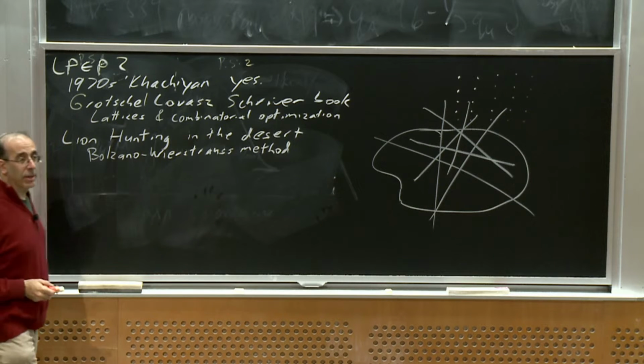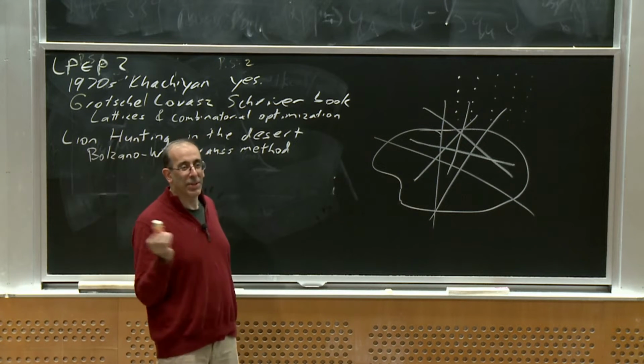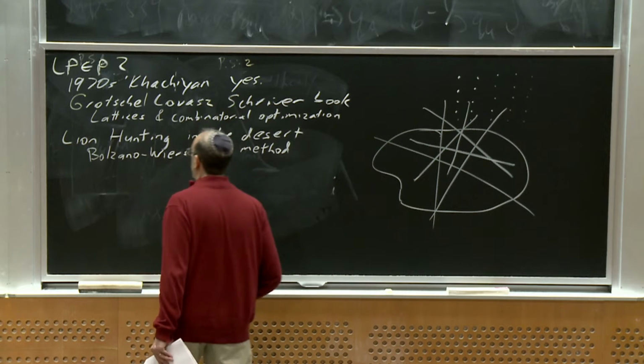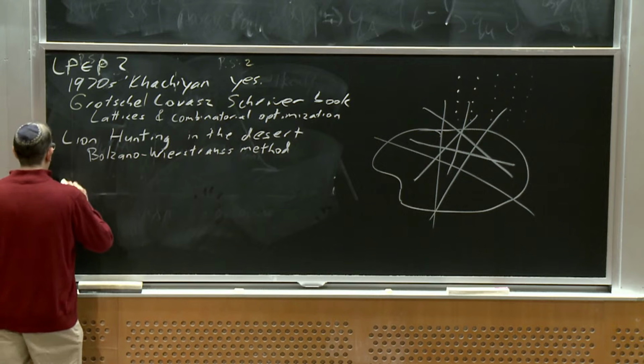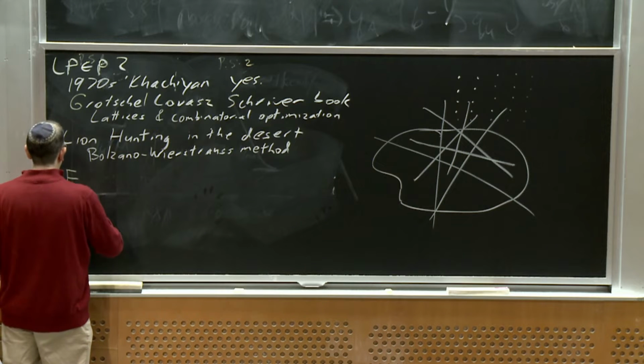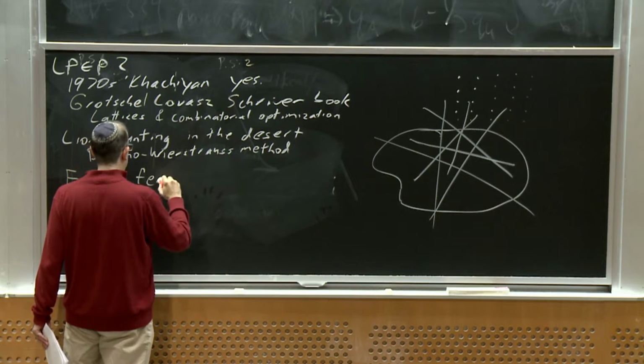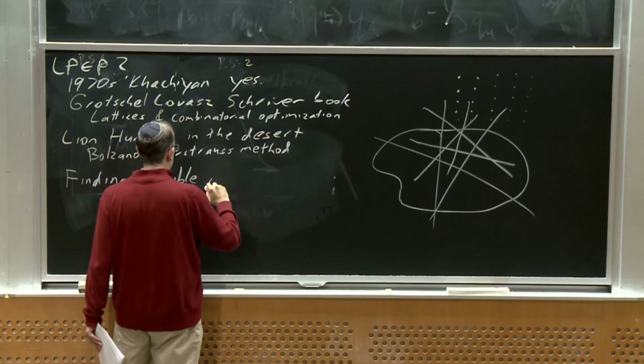And that's essentially what the ellipsoid algorithm is doing, building these fences and homing in on what you're looking for. And it's easiest to talk about it as finding a feasible point. We're not going to worry about the optimization side until the end,